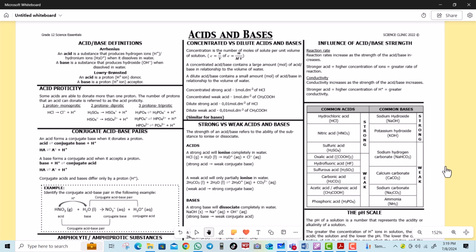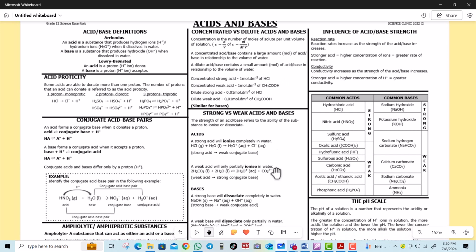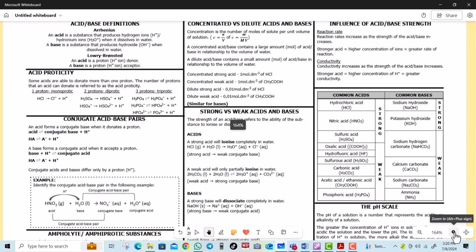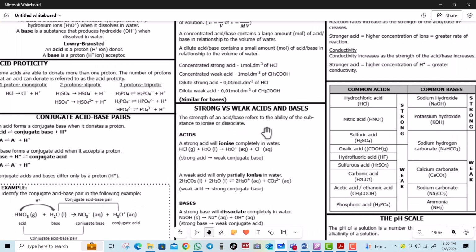Alright guys, you're welcome. Now listen, we are beginning acids and the bases, and today is our first video, part 1. We're going to do only definitions, a lot of them, before we do our calculations, maybe tomorrow. Acids and bases have been known for quite many years, but before they were defined in different ways, and the definition was updated as time went on. The first person to discover acids was called Arrhenius, who defined an acid in his way, but later on,